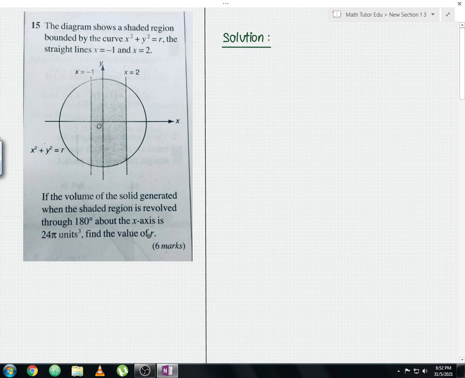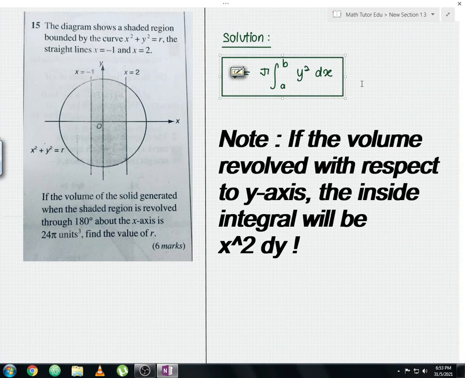Okay, for this question, we're going to use the volume of the solid of revolution with respect to the x-axis. So from here we're going to use this formula where V is equals to pi times the integral, with the limits a and b, y square with respect to dx. For this question we are going to find with respect to x-axis, not y-axis guys. Okay, let me box this formula. So I hope this formula will be useful for you.